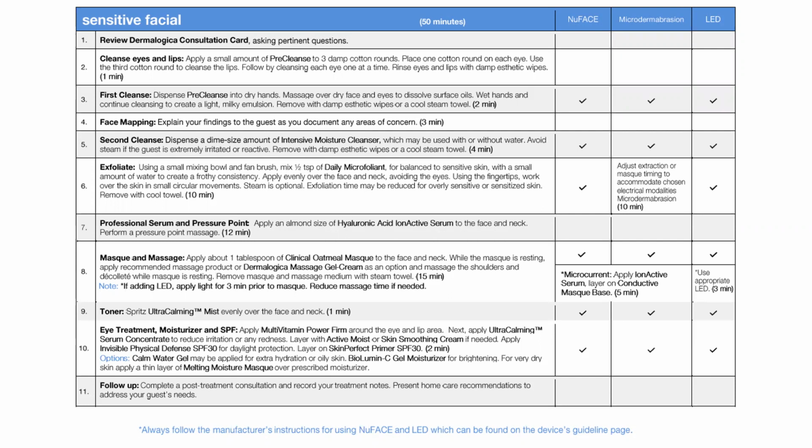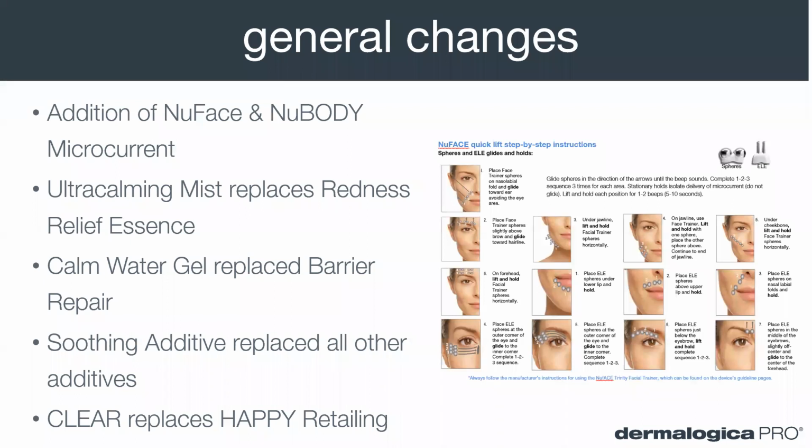Okay. With your general changes here, again, as we discussed, you're looking at your integration of your new face and new body here as well. You're also going to think about how it's achieving the results in your client's skin. So is this something that you want to work on a program with? Remember, as with everything, ideally you want to get your client on a program so that they're seeing those long-term